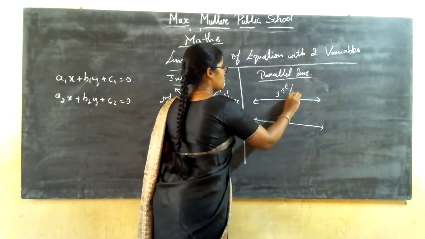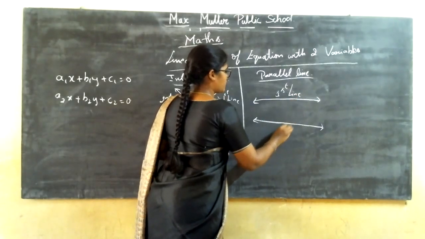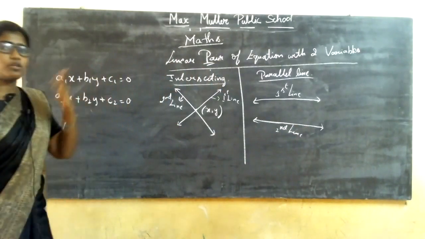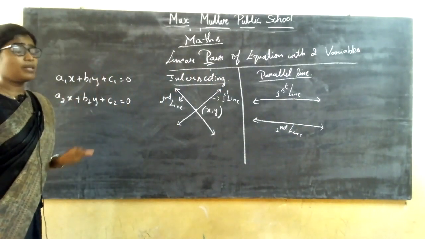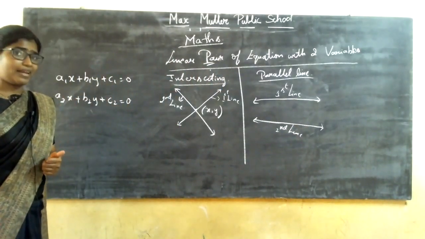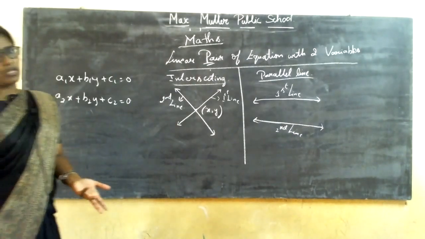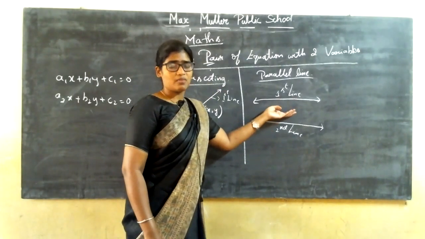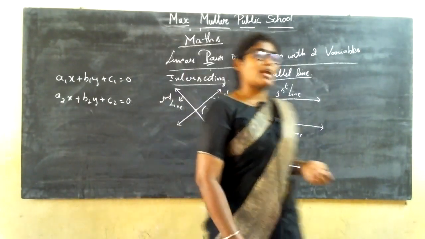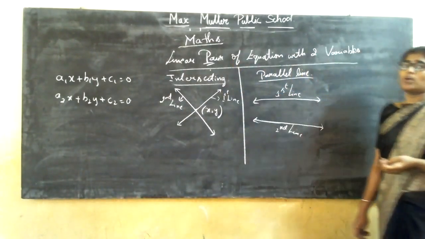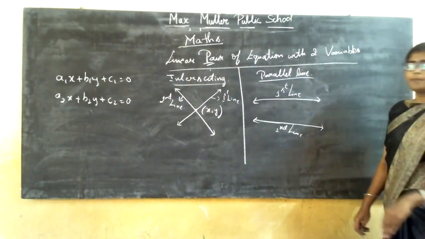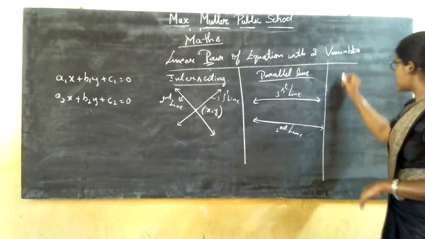This is the first line and this is the second line. Now, what is the question based on the parallel line you get? How many intersecting points does the parallel line have? 0, 1, 2, 3. So the answer is 0 because you can say it is a parallel line only when it does not have any intersecting points. When it has intersecting points, you cannot say it is a parallel line. Correct? Then there's the